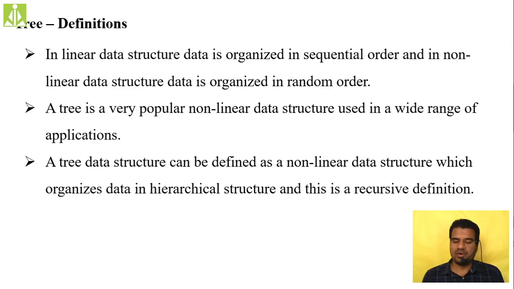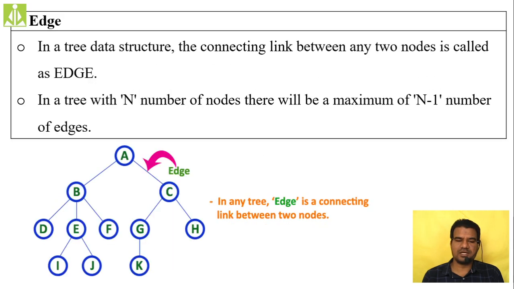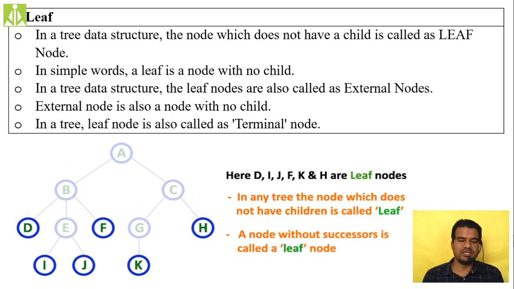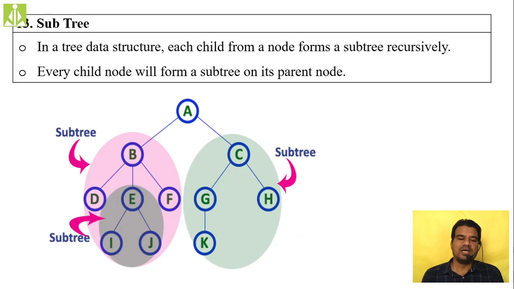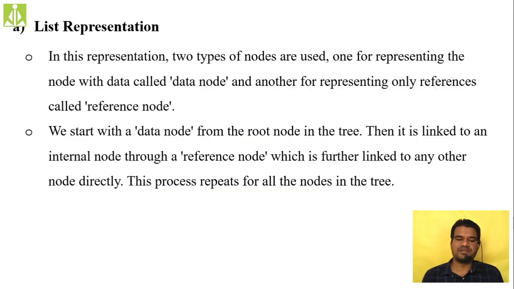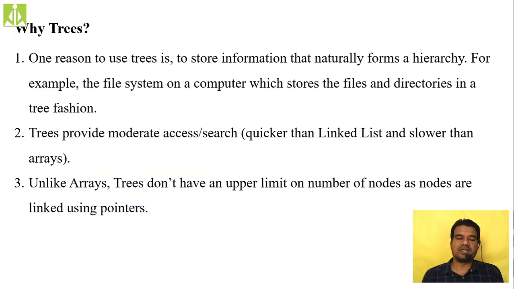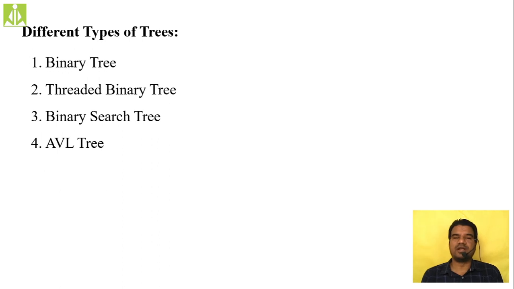So quickly, if we go, in our first session we discussed the terminology related to trees. Then in our second session we have seen the types of trees, isn't it? Different types of trees. We said binary tree, threaded binary tree, binary search tree, and AVL tree. And hopefully in today's session we will wind up this binary tree concept, and in one more session I'm going to start the threaded binary tree.